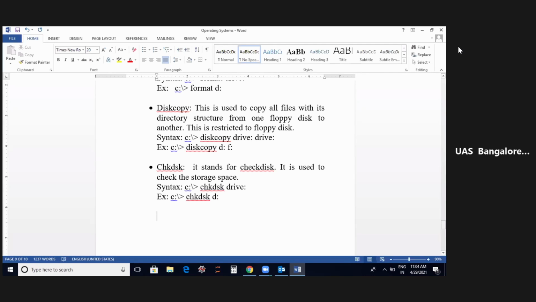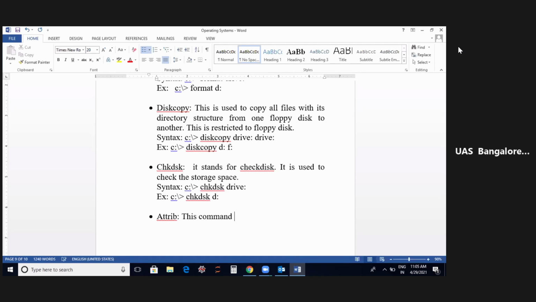Next is the attrib. See, this command is one of the most important commands. Say you have your pen drive. Sometimes the data will be there in your pen drive, but due to a virus some files will be hidden. To remove the hidden files, you make use of this attrib.